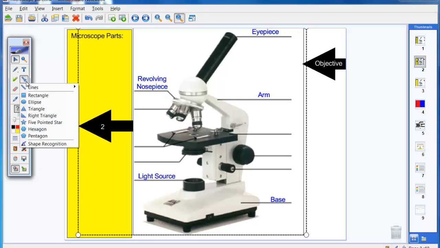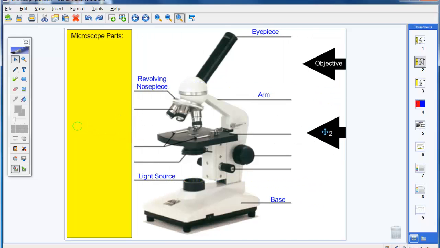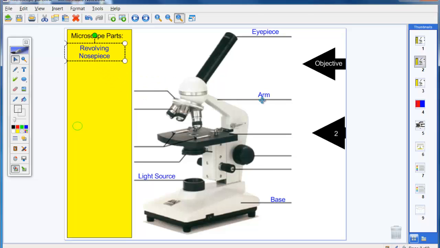I go back to my shapes, grab a little circle. Again, make sure that your outside color is pretty small. Pick whatever color you want. And I put a little dot right at the end. Go back to your selection tool, and now you can slide the answers off. Grab all of your word parts, put them back in random order,